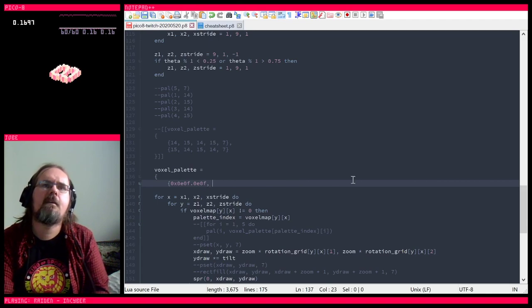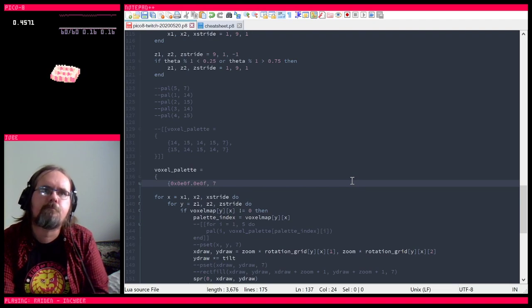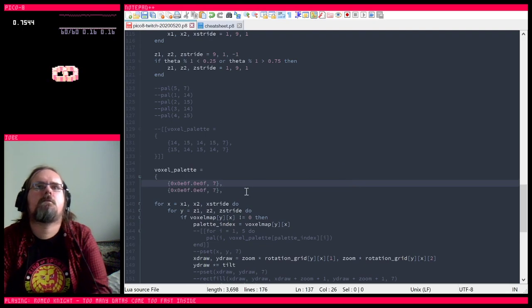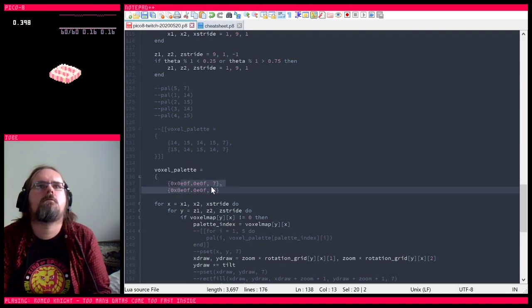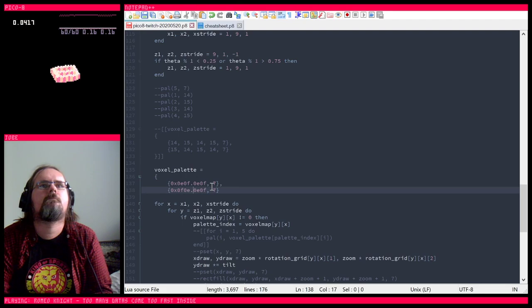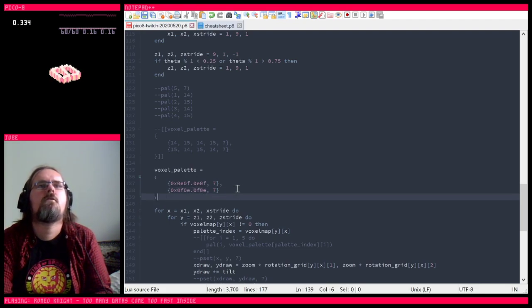And the remaining color is going to have to be its own byte. So yeah. So now